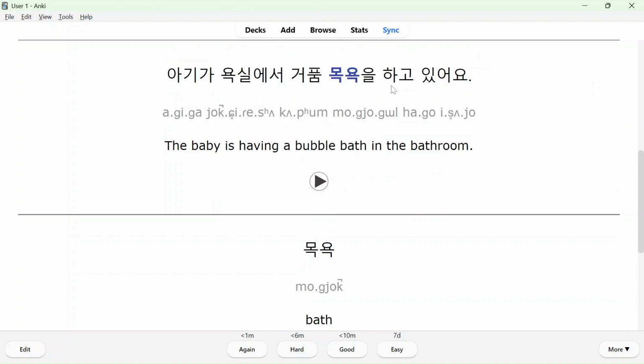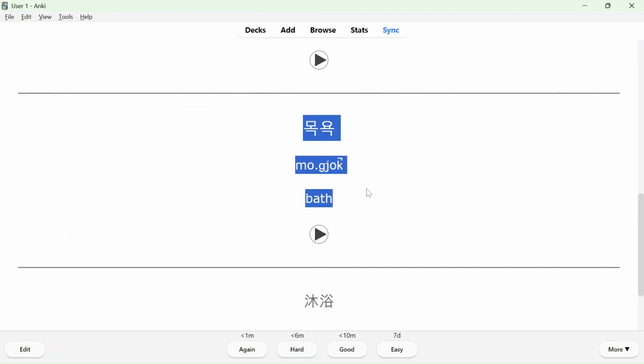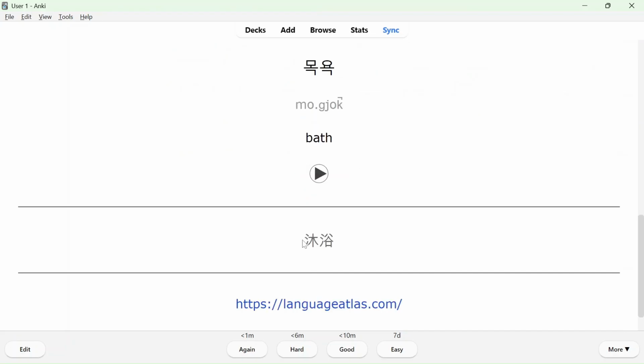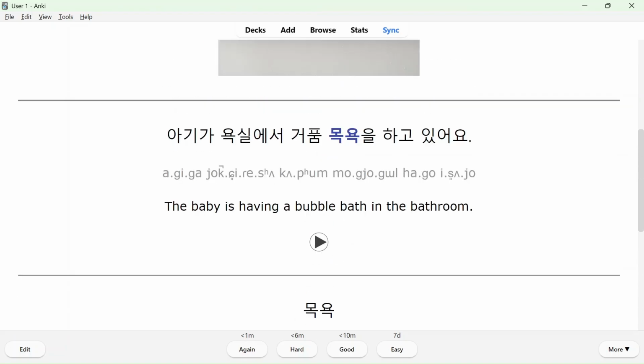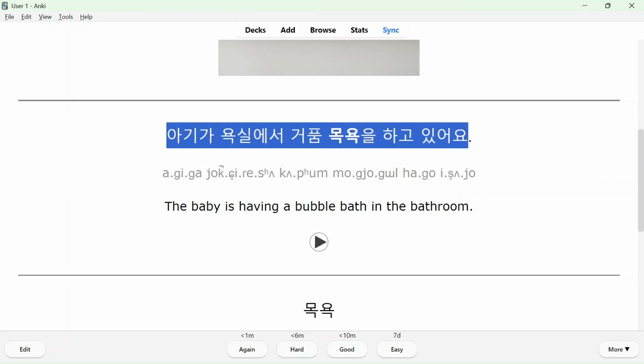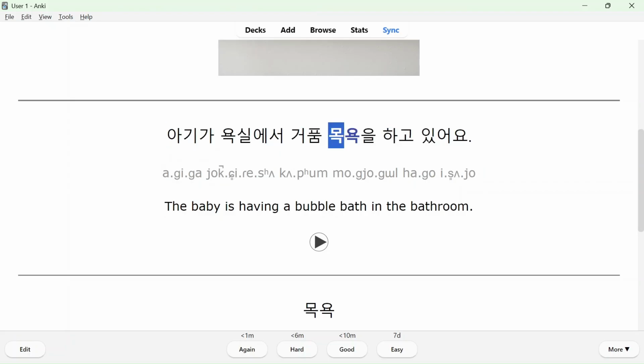We have the sentence area, which is the first area. We have a word area, which is the second area. And over here, we have a little bonus area, which is the third one, which is hanja. So I'd like to get started by showing you the sentence area. Over here, we have the correct Korean answer sentence with the word that we're looking for bolded and in the